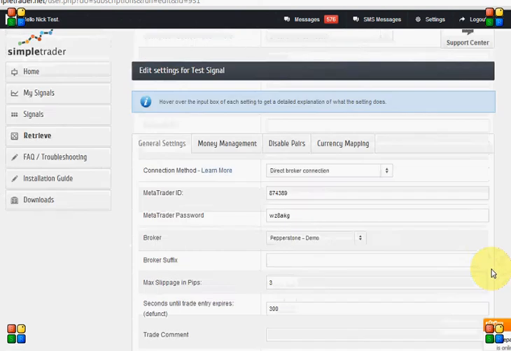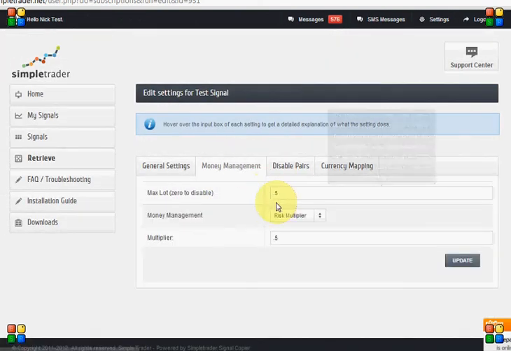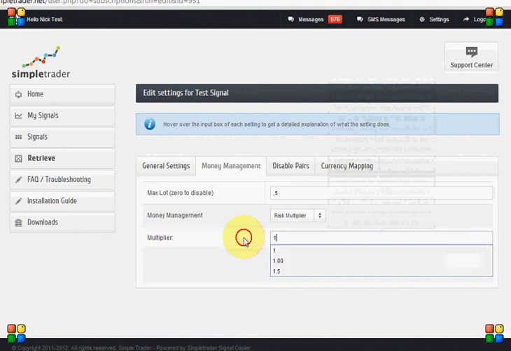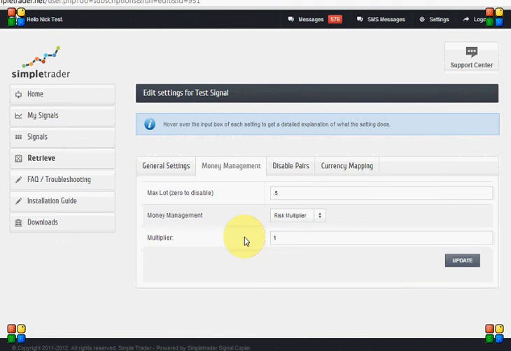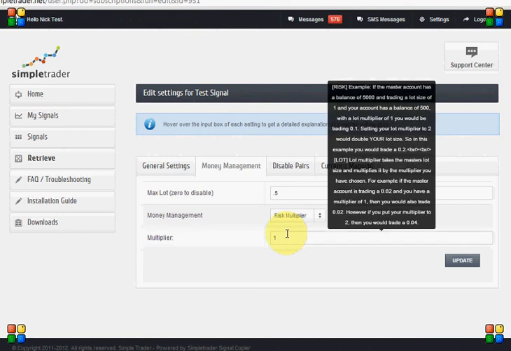Then you update that. There's a couple of other settings worth mentioning. Your money management is very important. By default, this will be set to 1, which means that your account will be matching the proportion of risk of the master account. An example of that is if you hover over this, but I'll just explain it to you as well. For example, the master account has $1,000 in it. Your account has $500 in it. The master account opens a trade of 1 standard lot. Your account will then open a trade of half a standard lot, because your account is half the size of